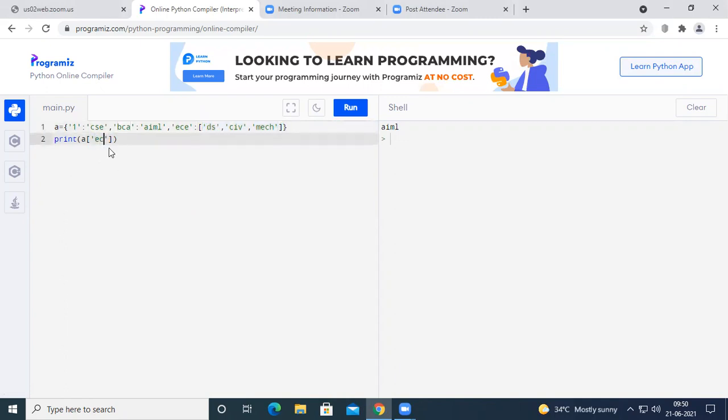So if you print ECE, it is going to print all the 3 values inside the list. This is how we can have a single key for a list of elements.